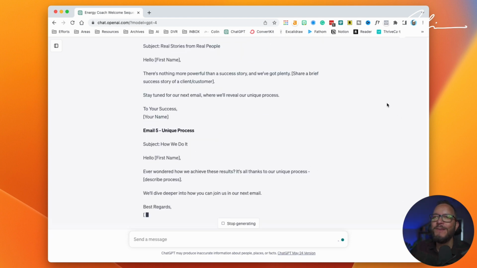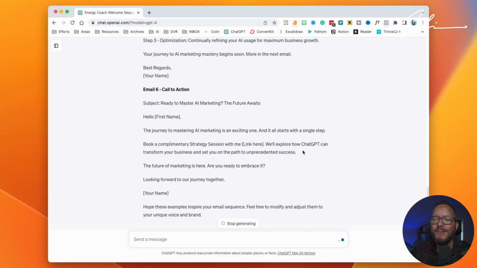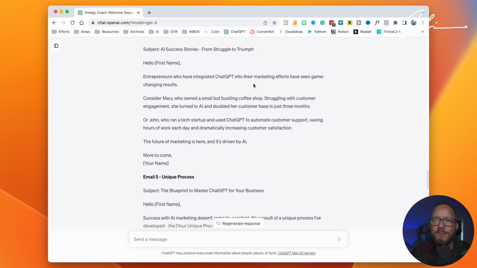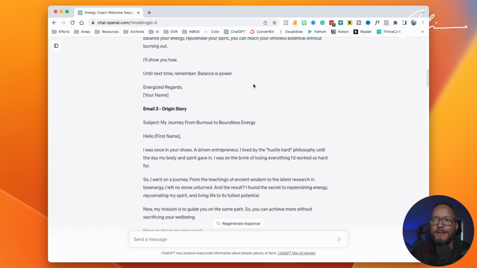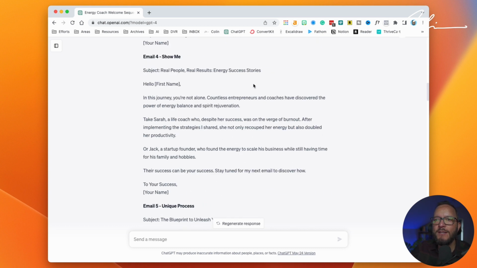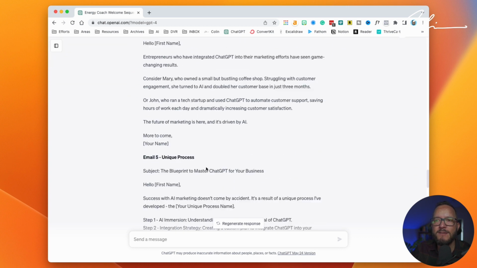So what it's done here, interestingly, because I've already given it the framework, and this is useful actually. This is really cool. So what happens with ChatGPT, I'm just going to share this with you. Because I've put this very bland, not very useful prompt into the same chat thread, ChatGPT remembers the thread. So it remembers the pattern of the email sequence of busting a myth, origin story.